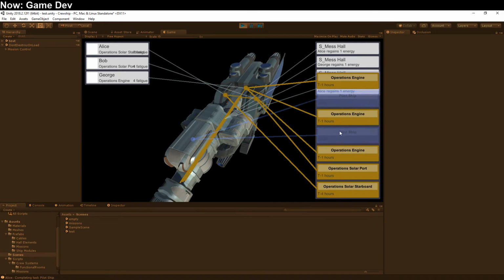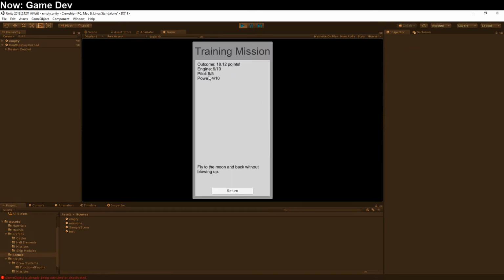I don't like how we have double piloting ships. That's really weird. 5 of 5. Okay, that's fine. So you can see the basic idea here is that we are trying to create missions that